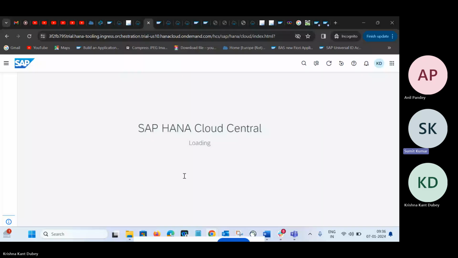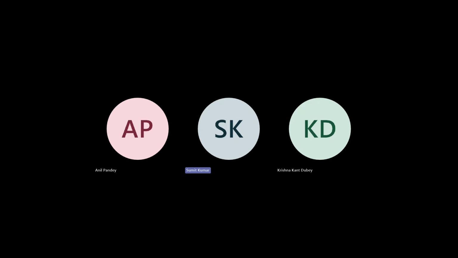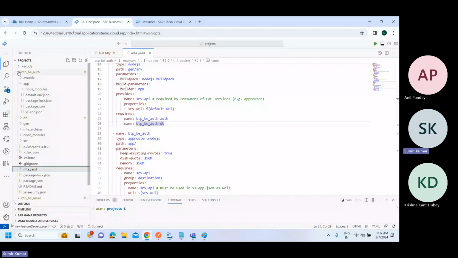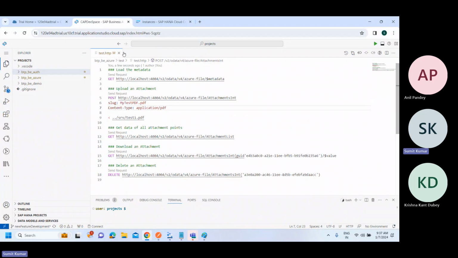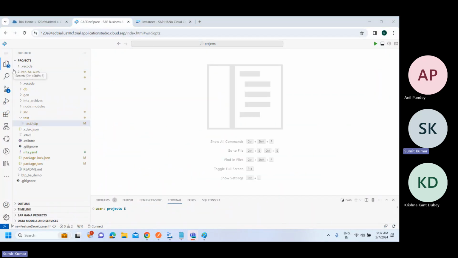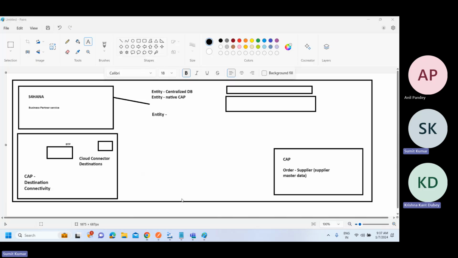Okay, then I'll share my screen and maybe we'll proceed with one of the examples, one of the things that we plan to cover in this session. So let's say the first thing that we are going to cover in this session is the connection to my on-premise system, how that works, plus the service consumption. Let me just give you an idea. So for example, I